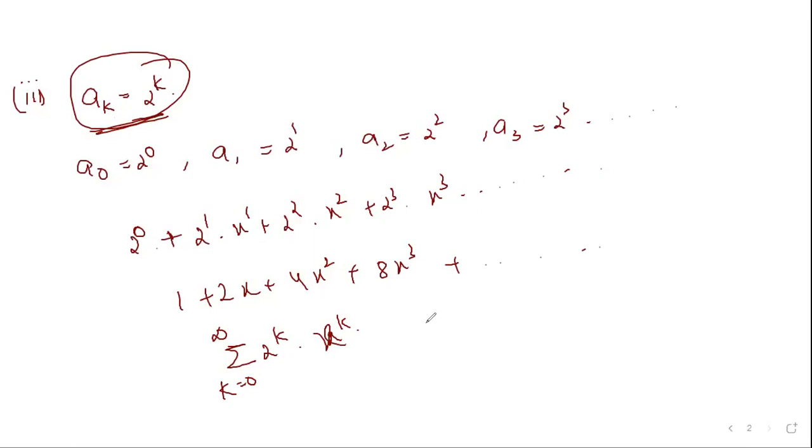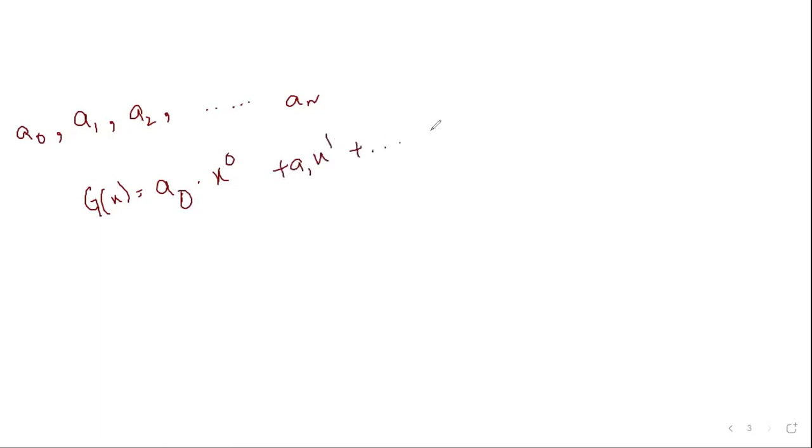Now we can define the generating function for sequences of real numbers by extending to a finite sequence also. So suppose instead of an infinite sequence, we have a finite sequence a1, a2 and so on up to an. Then what can we write the generating function as? Actually, we have to start with a0. So in that case, a0 into x power 0 plus a1 into x power 1 plus and so on up to an into x power n, ending at x power n.